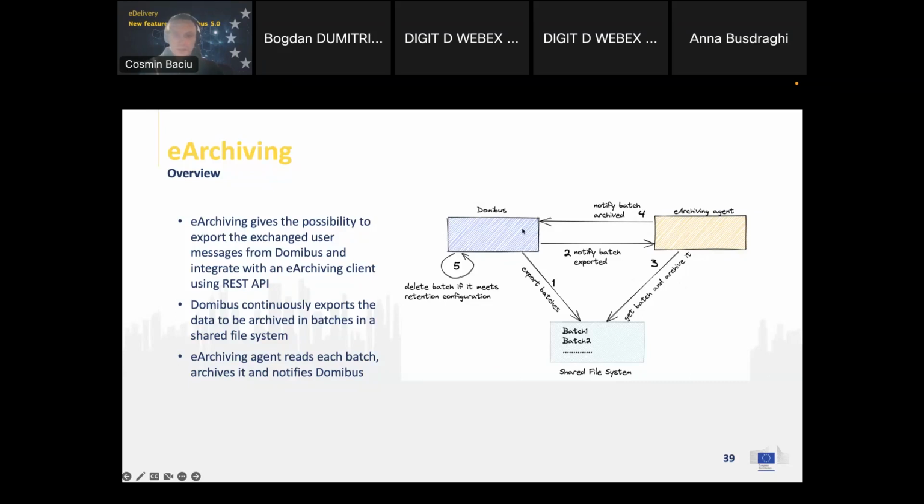So how is it working? Domibus exports messages in batches on a shared file system, one batch at a time. Then it notifies the archiving agent using a REST API, which will get a batch from the shared file system. It will archive it, and upon successful archival, it will notify Domibus using REST API that it has successfully archived the batch. And then Domibus, based on the retention configuration, is now capable of deleting these messages that were archived